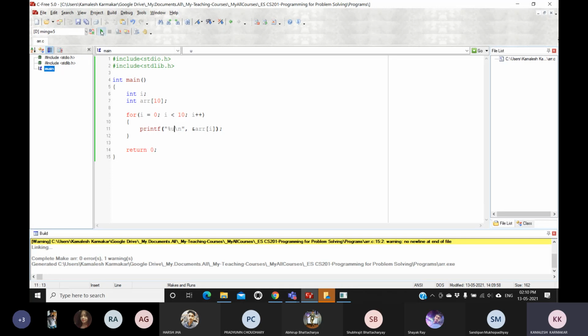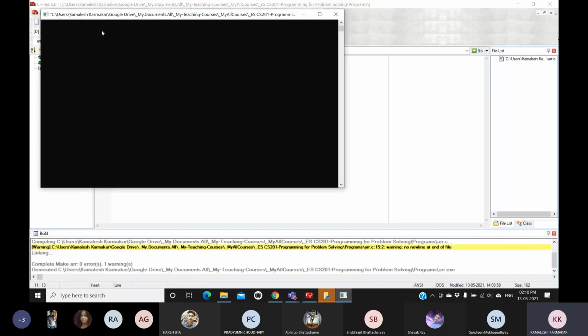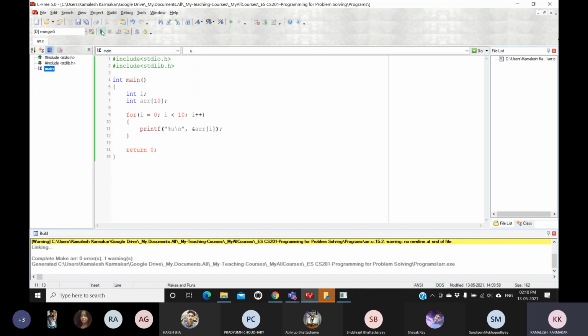So if the first bit of this address is 1, then it will be treated as a negative value. That's why instead of percentile d, we should use percentile u. But if we want to print the address in hexadecimal format, then we will use percentile p.